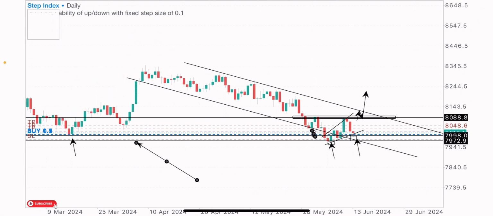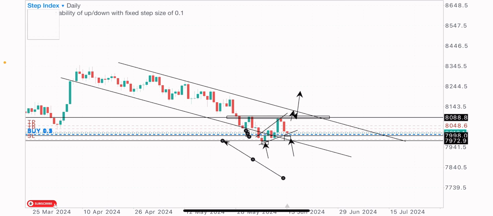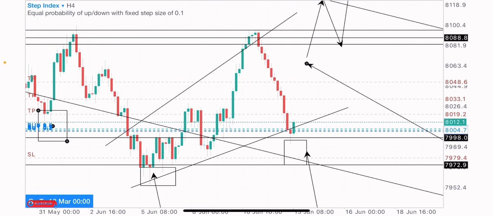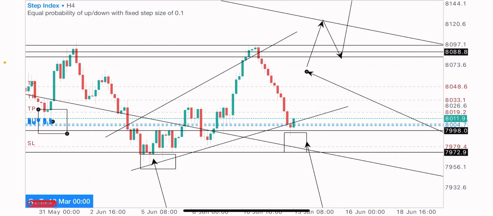So if price can buy on this level the first time as a support, the second time as a support, on price selling from this level of resistance, selling to this level of support, we have possibilities of also getting the buys from this zone, because analysis is basically using past market reactions, past market moves to predict what could happen next in the market.